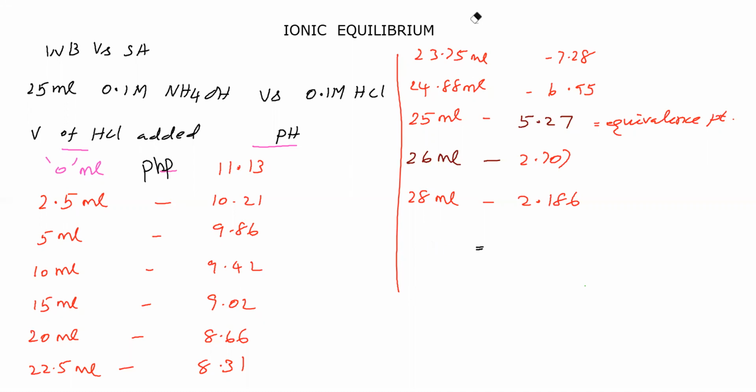Therefore, using phenolphthalein is not good. Okay, sir. Next, we will take another indicator: methyl orange. Now we are taking methyl orange. Can we use this or not? We'll see. For this, the pH range is 3.1 to 4.4. Up to 3.1, it gives red color. From 4.4 onwards, it gives yellow color.